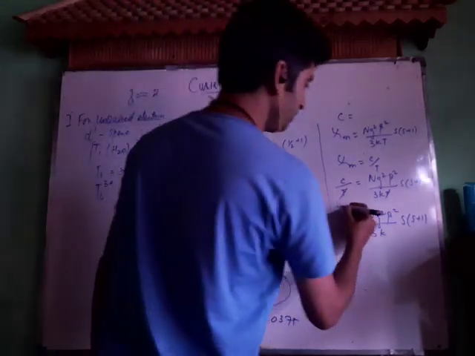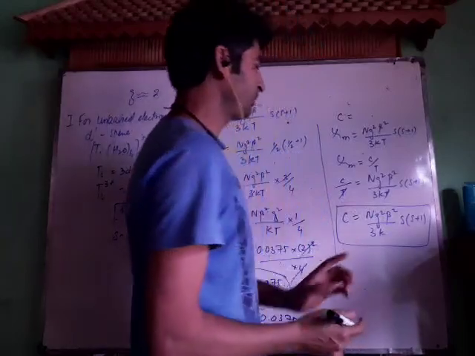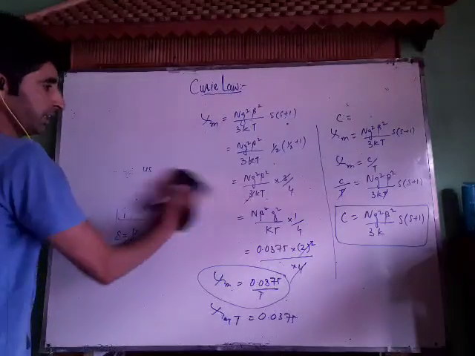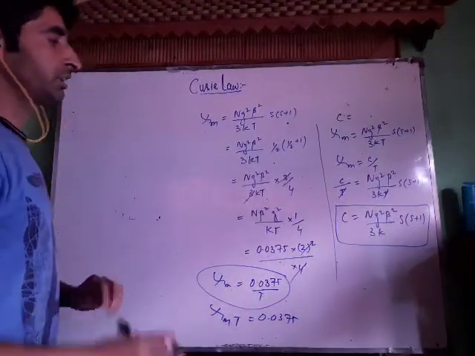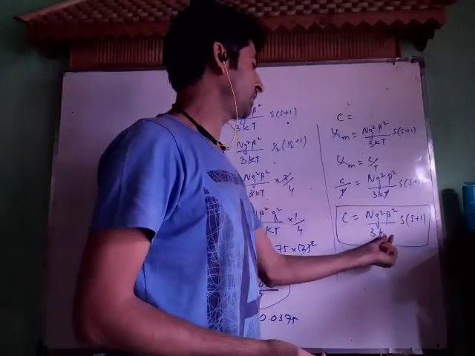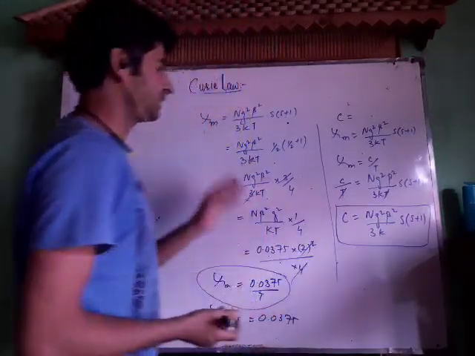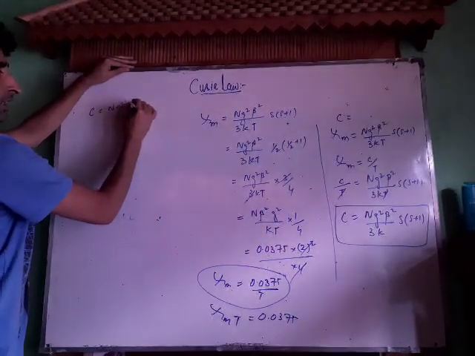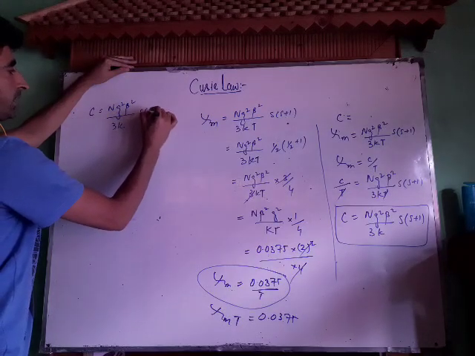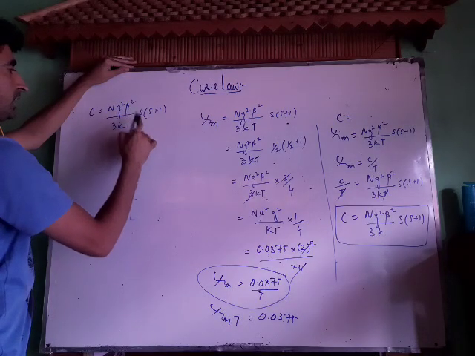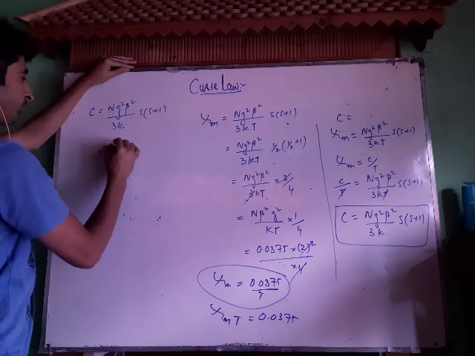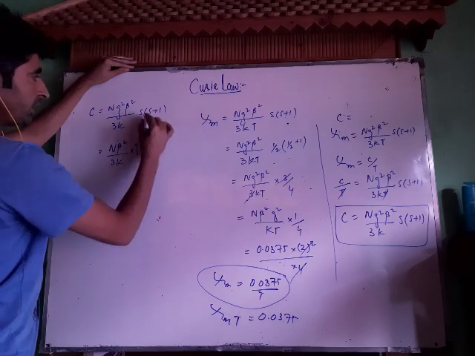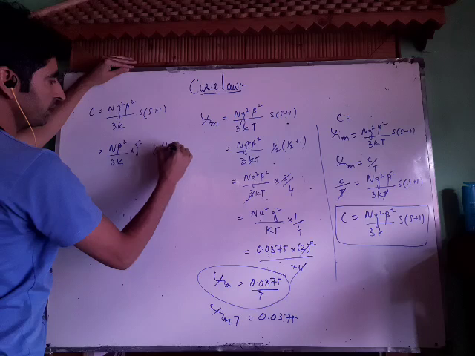Now from this equation you can determine the value of C. The value of the Curie constant can be determined from this equation. Let us determine the value of the Curie constant, and multiplying this value by T, we can get the magnetic susceptibility. Now the Curie constant will be equal to N g² β² divided by 3K, S into S plus 1. For 1 unpaired electron, S is equal to half: N β² divided by 3K into g² into S into S plus 1, that's 1/2 into 1/2 plus 1.